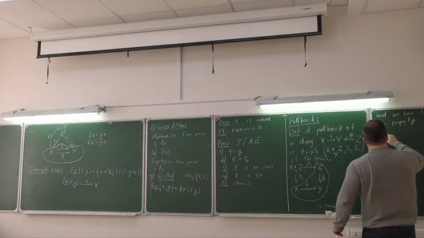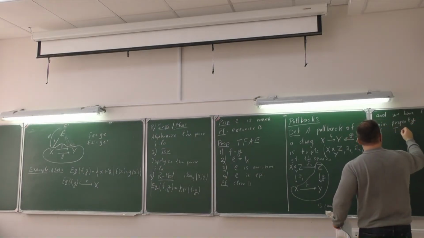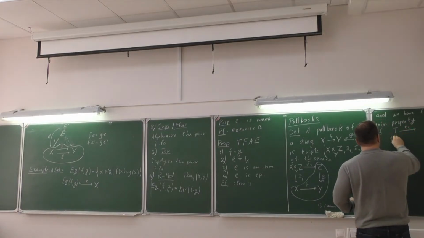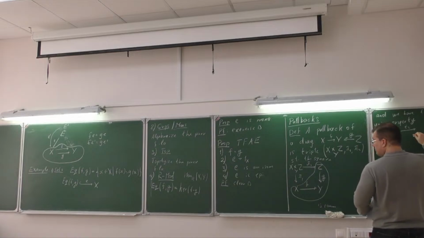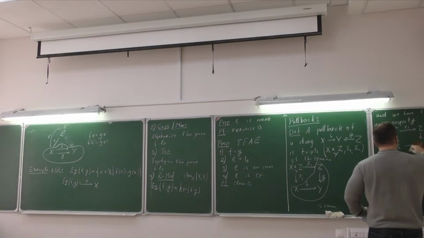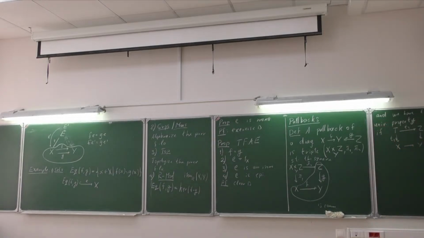So if, say, T with two projections, T1 to x, T2 to z, and projections means that this is a commutative square, so take the same diagram, take another cone of this diagram, such that there is a commutative square,